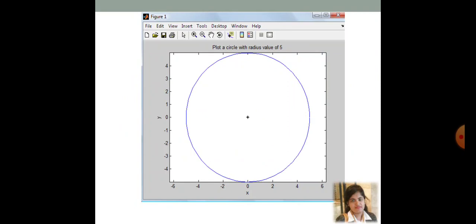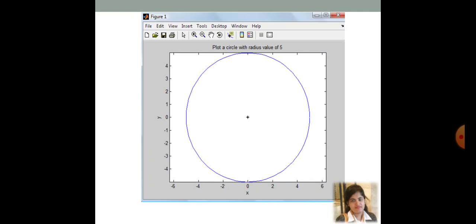Now see, the figure is a circle, and the boundary of the circle is in blue color, and the center is a black star. The title of the figure is there, and both the x and y labels are there. Now just see, x is from minus 6 to 6, and y is from minus 4 to 4.